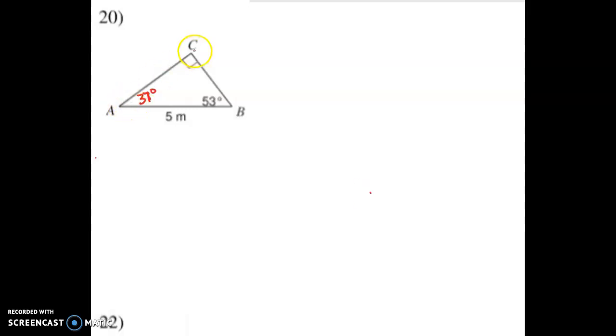Second thing, we can either go after AC or BC, and we can use either one of these angles as reference angles. So a lot of options here. I'm going to use this as my reference angle, okay? And I'm going to remind myself here of my little acronym SOHCAHTOA that reminds me that sine is the function that's going to relate the opposite, which is BC in this case, to the hypotenuse, which is